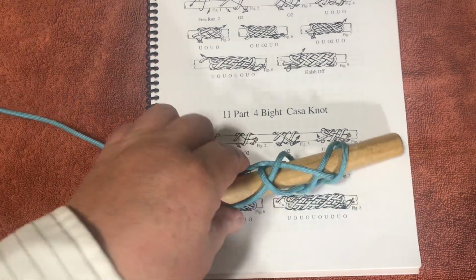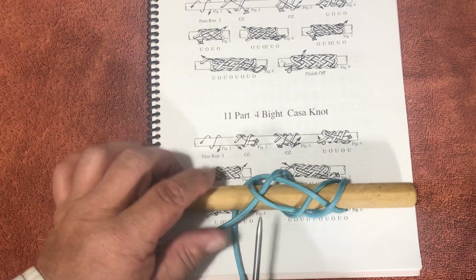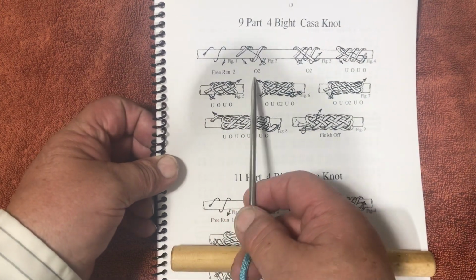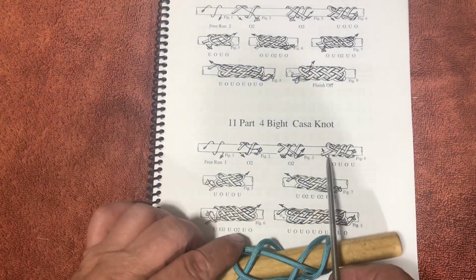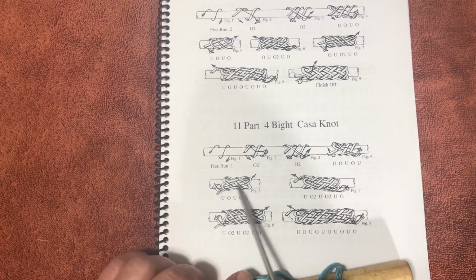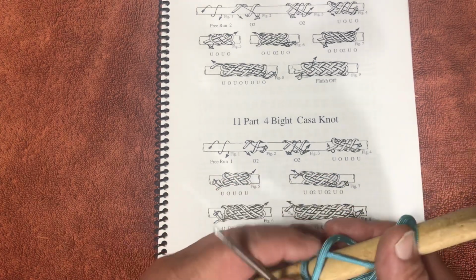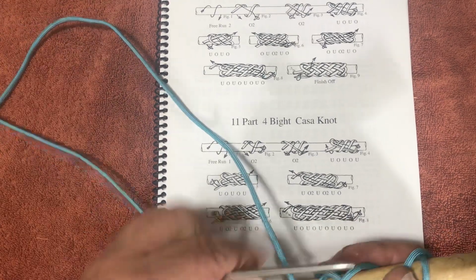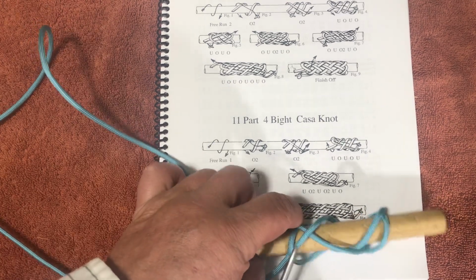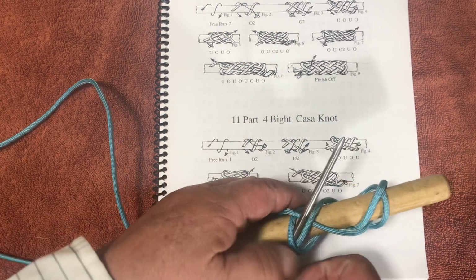and then we come back around our mandrel to our standing end, but up here we went on the right hand side in this drawing. Down here we're going to go under the standing end, and we're going to go up the left hand side of our standing end. So now we go under our standing end, and we're going to follow the left hand side of our standing end, doing the same thing it's doing, laying our tracks. So there's an under over,